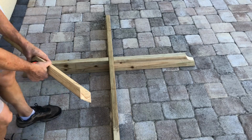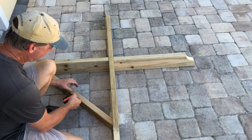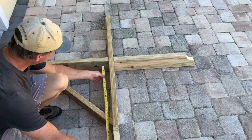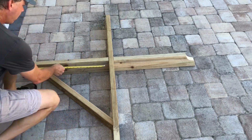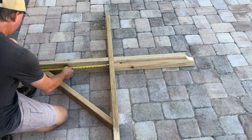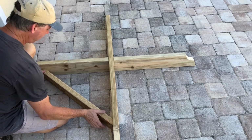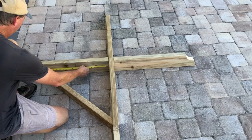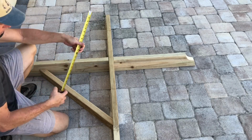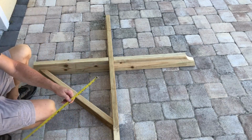Now I'm going to take one of these boards, set it in here, and I'm just going to measure. So we're at 22 3/4. Well, that's pretty close. Way off by about 1/8 of an inch. So just move it just a hair. So basically just get this first board in here pretty straight. So we're at 22 5/8 and 22 5/8. Okay. Now,